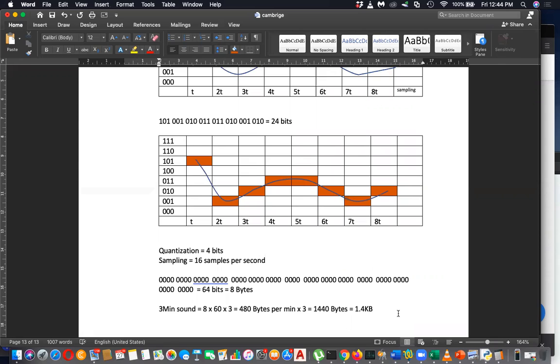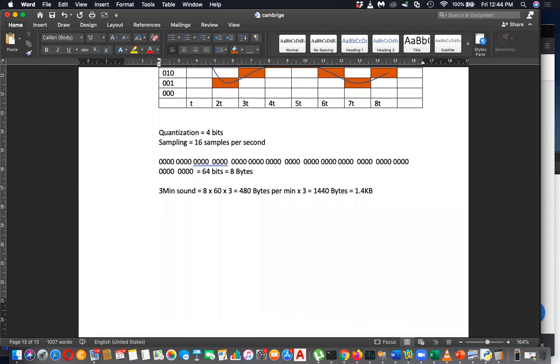Yes, sir. Okay. If you get a 3-minute MP3, a 3-minute digital sound, let's say it's 3 megabytes, it means you can decide, okay, this is 1 KB, then a 3-minute sound is 3 megabytes. Then you will have 16 quantization levels, because actually it's more than 16 levels, and more than 128 samples per